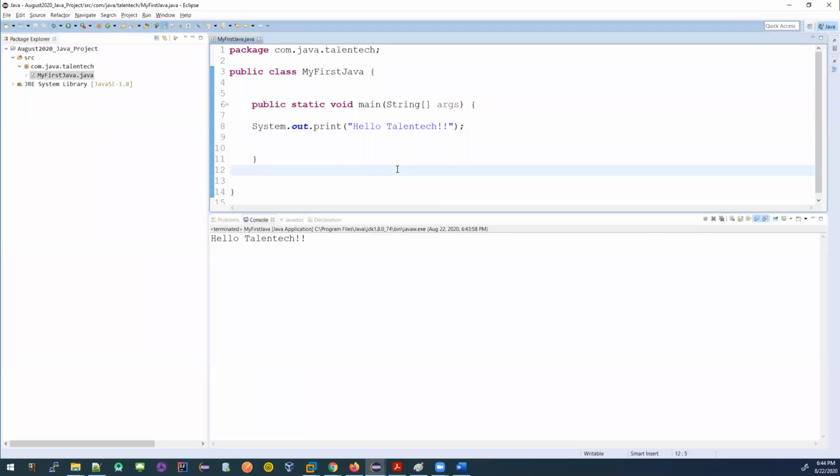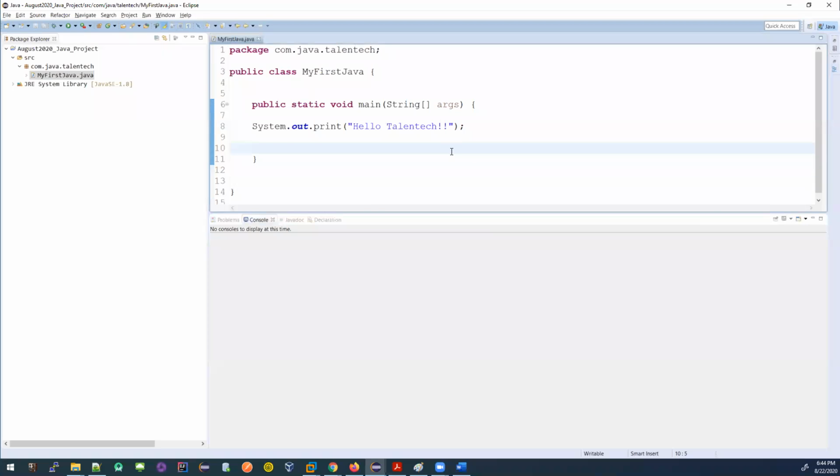Anyway, up to this point, did you understand what just happened here? How did you run it? To run it, I click in here. Do you see the run, the small green button here? And there is a shortcut too. If you are using Windows or Mac? Windows. Okay, so if you press Control F11, it will also execute your code.